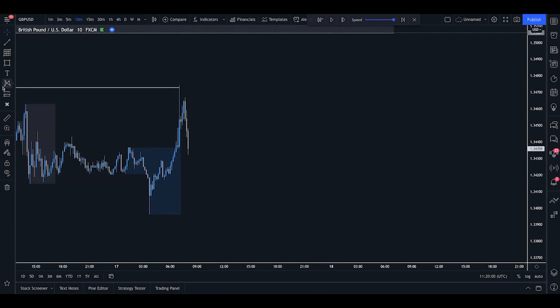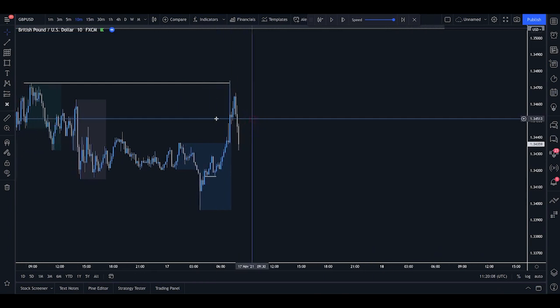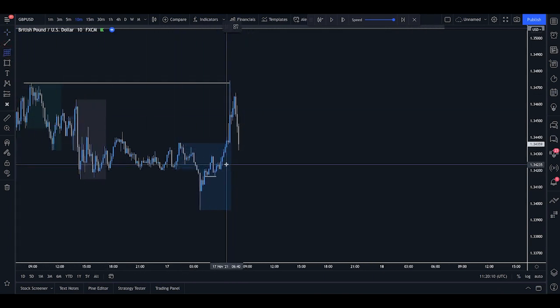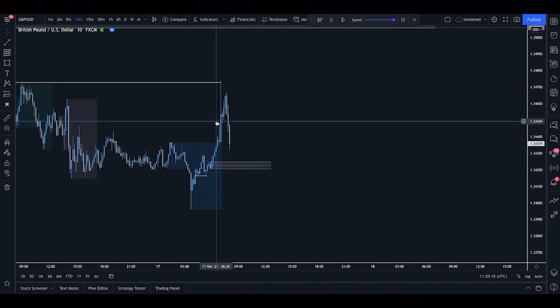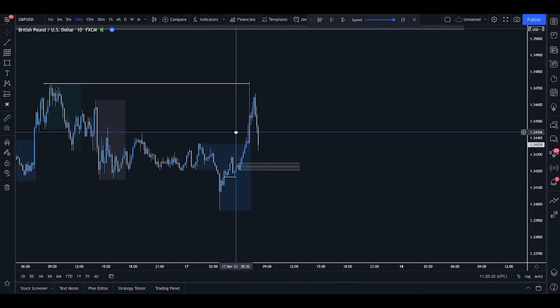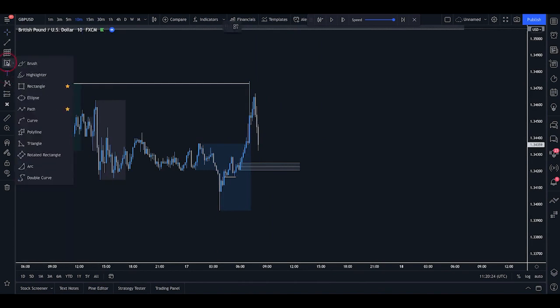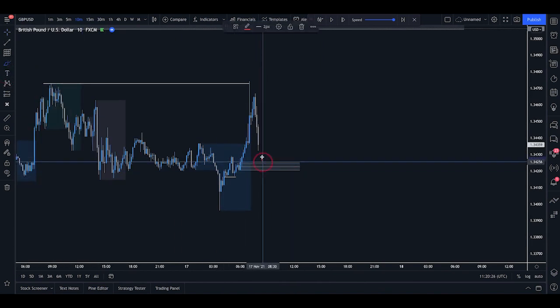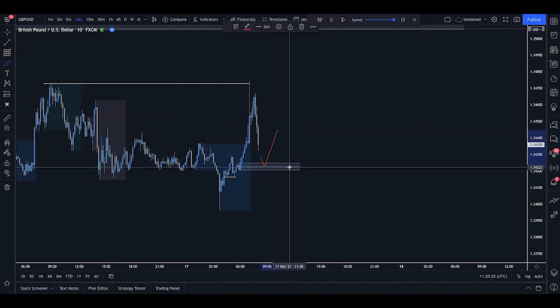Now, one thing that kind of draws me in here is we do have these two equal lows. These do look kind of efficient here on the 10-minute time frame, but if we want to go to the very low time frames, we can do so. Now, first of all, I'm going to have a look towards this demand zone. And remember, we are just looking for ideas right now. We have the idea we could take this long, but we don't want to go slamming on loads of buy orders yet. What we want to do is plot out potential areas,